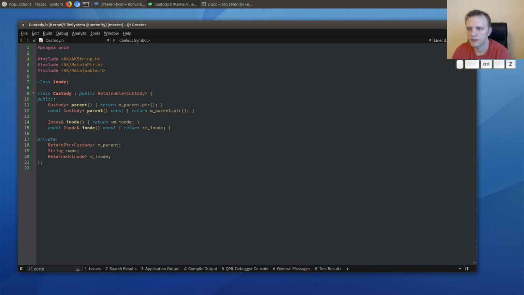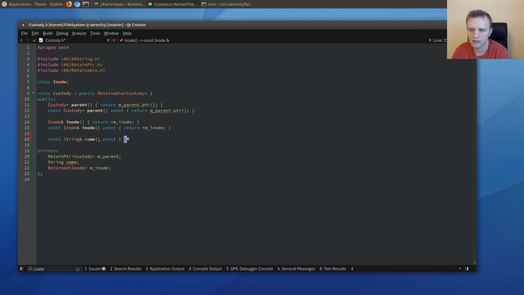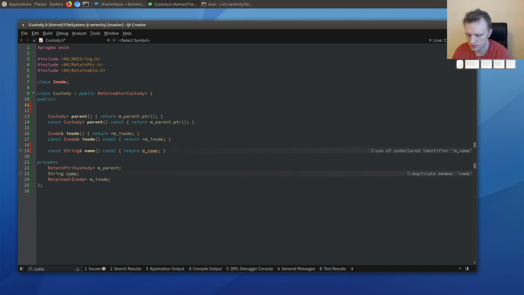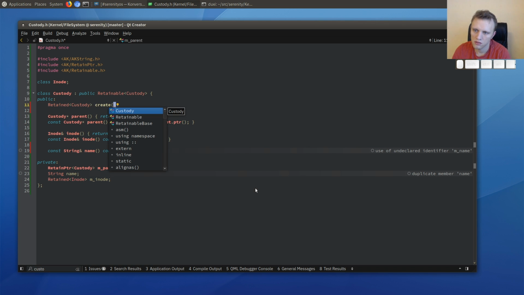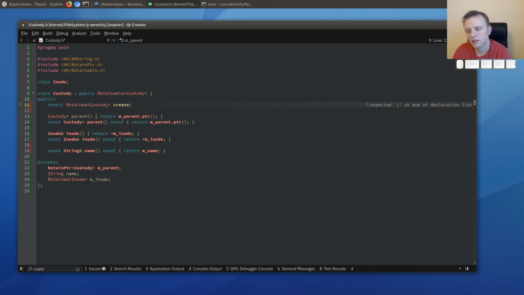Okay, and oops, I'm not in Vim. Come on. Add a name getter. All right, and then we should have a retained custody create. Should be static, and this will be parent and name and